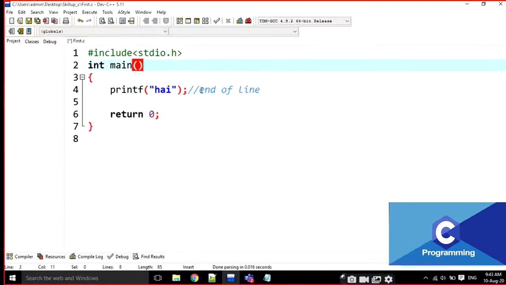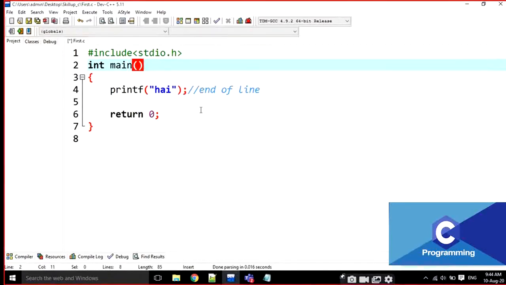But why am I not writing a semicolon here for the main? Yes, there is some exemption. Not only main, some other functions and statements also have no semicolon.